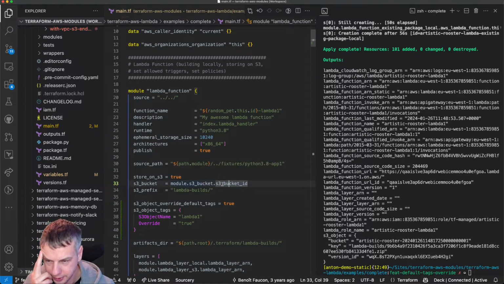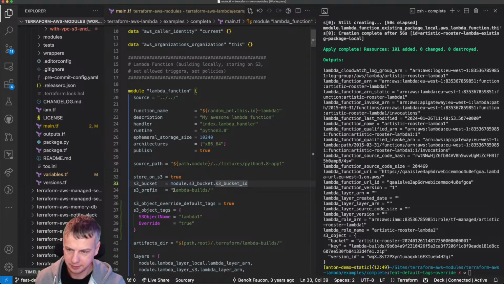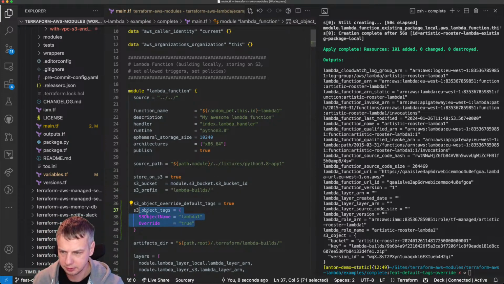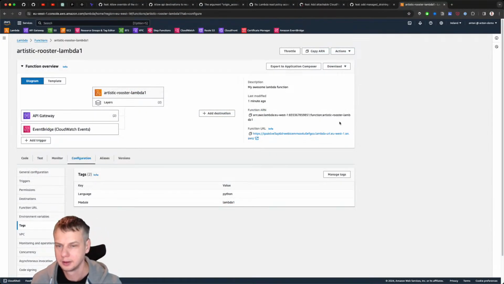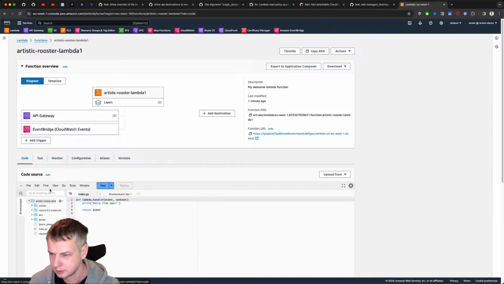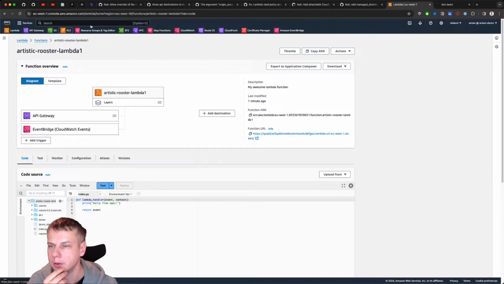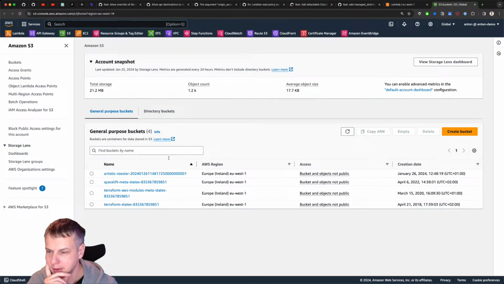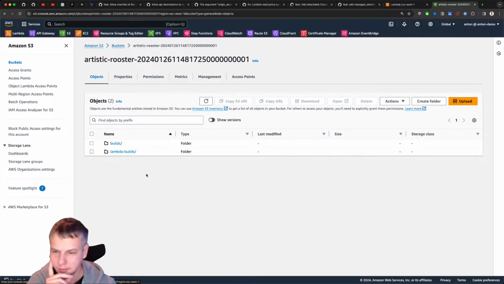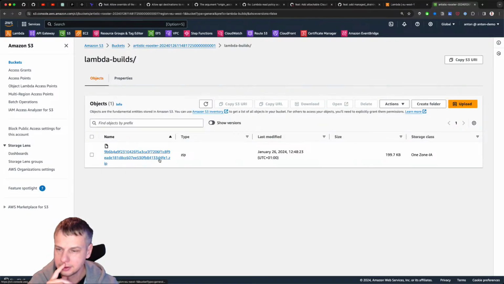So now if I go to this S3 bucket and then inside of Lambda builds, there should be, do I have a link here? I don't think I can go from here to my S3 bucket where I have this code, right? So that's why I go to the S3 console and I find my bucket, Lambda builds.